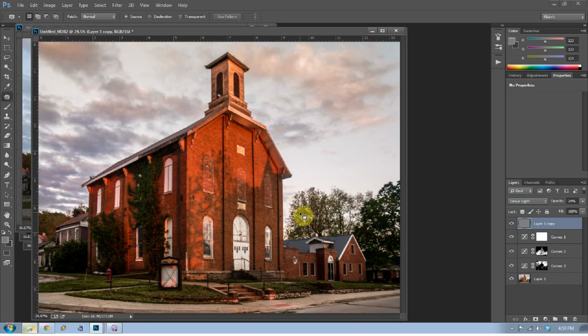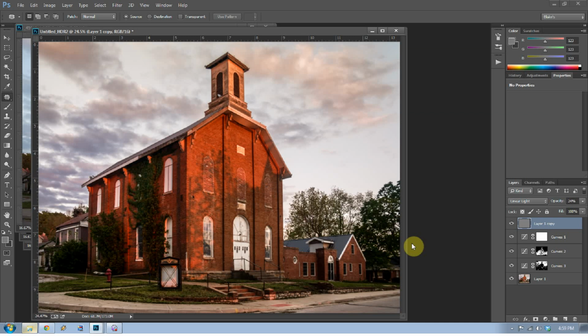And that's the basic workflow. I could go on for hours with this photograph and keep pushing it and keep pulling from it because it is a 32-bit. Well, now it's a 16-bit, but there's a lot of color depth there. There's a lot of information in this photograph. I mean, just alone, we've extracted from 3 exposures a lot of exposure value into the +6, -6 range. So there's a lot we can do with this because there's a lot of information that's been stored in this file. I really could go on for a long time, but that would bring this video about another 20 minutes. So I'm going to leave it here.